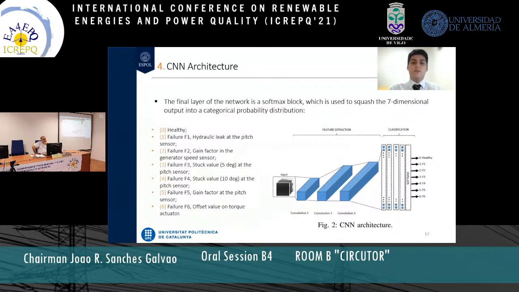Finally, 4 fully connected layers with sizes of 350 for the first, 175 for the second, 50 for the third, and 7 for the last one. Note that all these convolutional layers and fully connected layers have a ReLU activation function. The final layer of the network is a softmax block used to squash the 7-dimensional output into a categorical probability